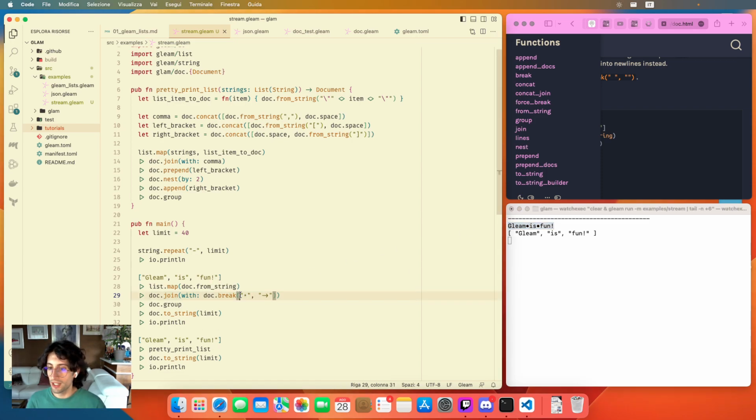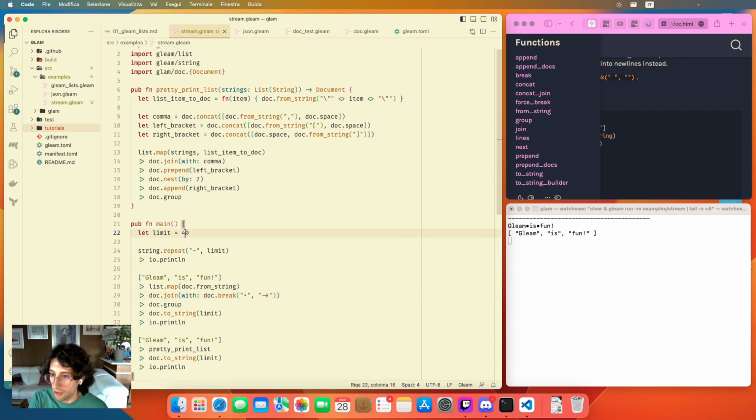And as you can see, every break document is rendered as a single point. We can also make it longer. That's great. However, if the document doesn't fit on a single line by using break document's first argument, the pretty printer is going to split it on new lines. So it's going to insert a new line after every single break document that gets displayed as its second